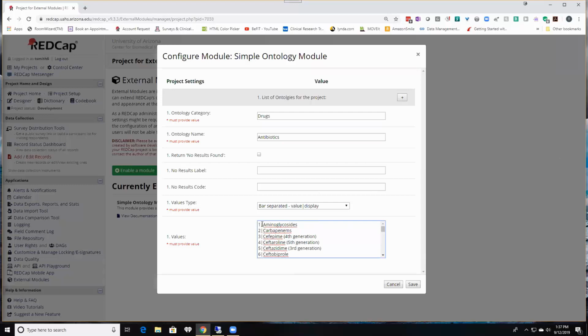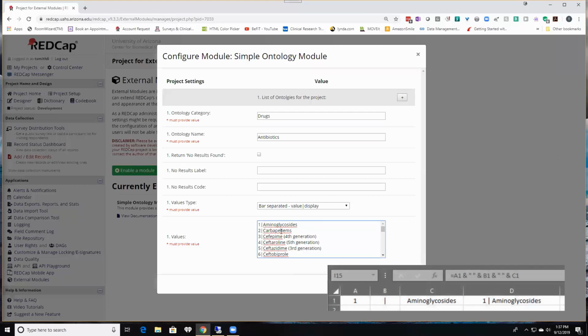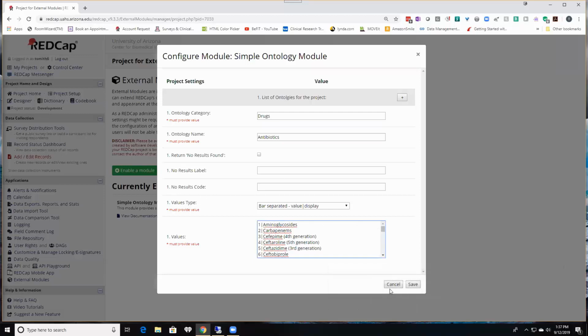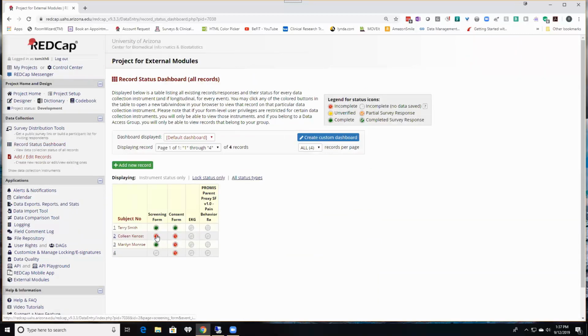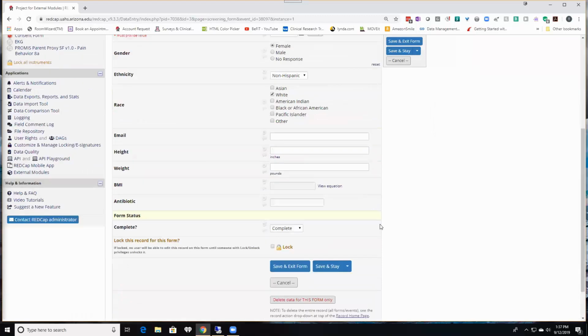However, I just created this in Excel and used the one and a bar and the drug, and then did a concatenation of the fields so that I could easily put them in here. So now I've got them in here like this, and I'll save this. I'll go back to my record status dashboard, and I'll open Marilyn Monroe this time, and I've got my antibiotic. Now I'm going to type in vancomycin again,